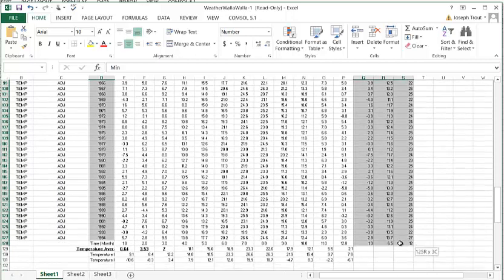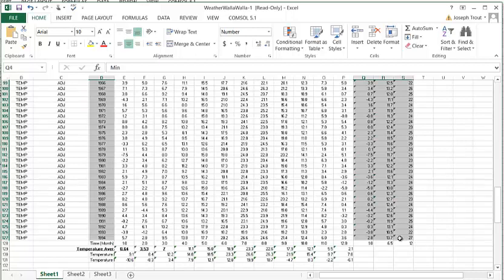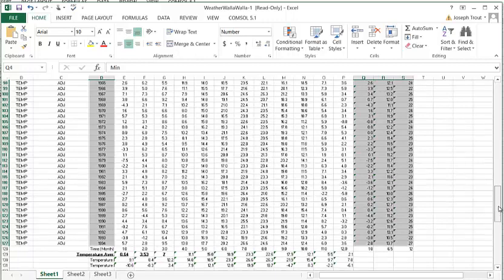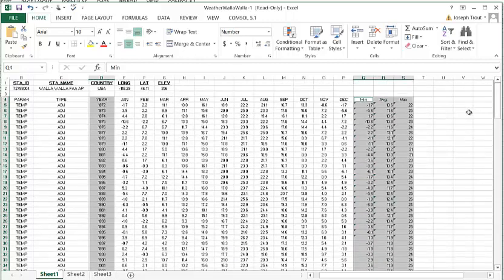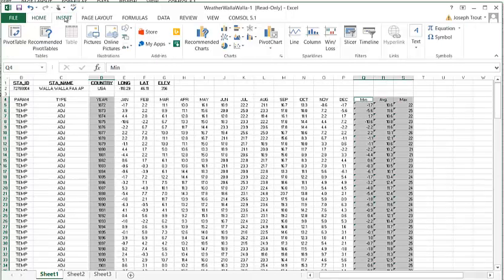That's the max, the min, and the average. Once you get to the bottom, release the mouse button, release the Control key, move up to the top of the spreadsheet, insert